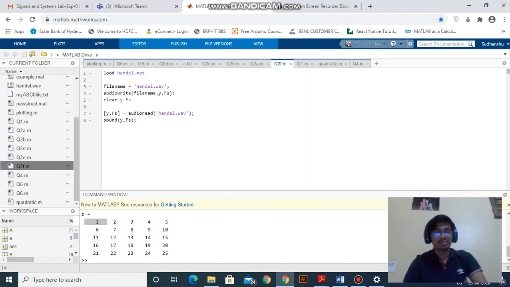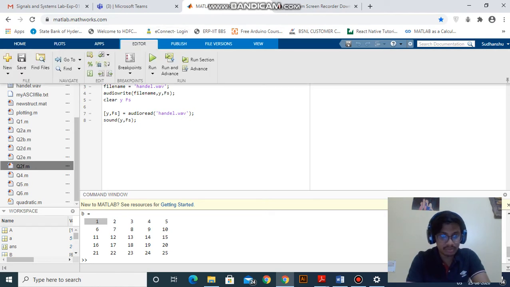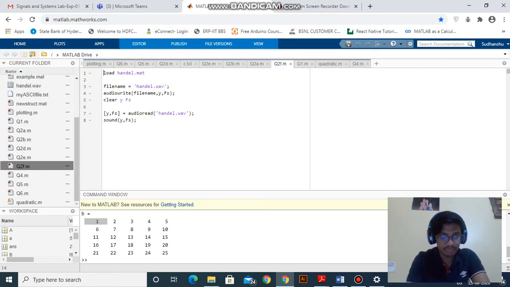Now similarly we can also read and write audio files in MATLAB. MATLAB has an inbuilt function handle.mat. With the handle.mat we get the y and fs, which is the rate and the speed of the audio file, and to listen to the audio file we use the function sound(y, fs) after reading the audio file, and we will